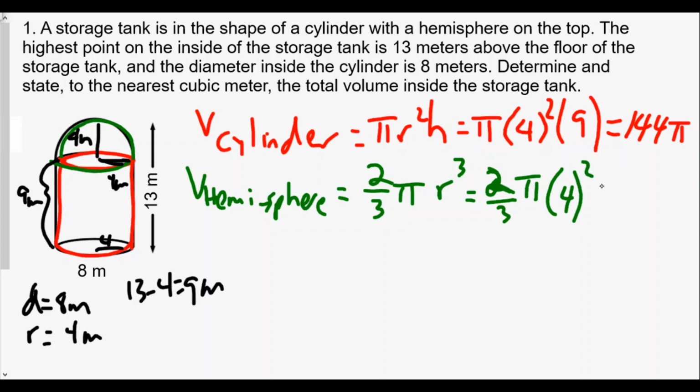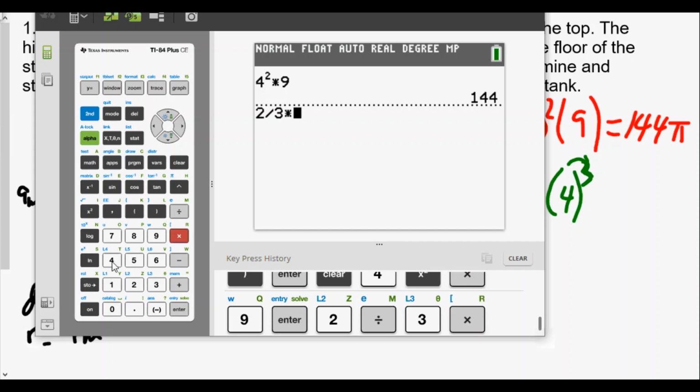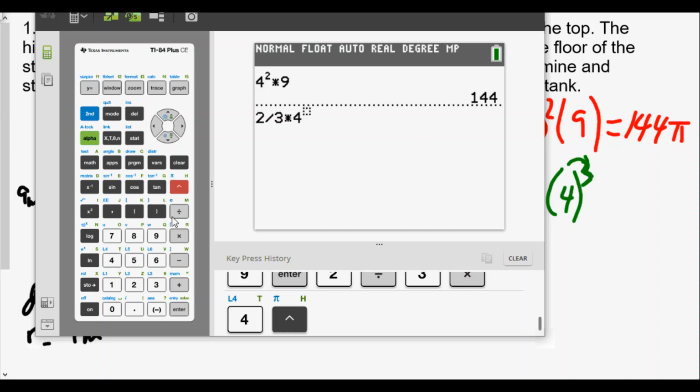And the height is still going to be, well, in this case, the height of the hemisphere, 4 cubed. So 4 raised to the third power. So what we'll do is we'll do 2/3 times 4 to the third, and we'll get it as a fraction. All right, so 2/3 times 4 raised to the third power. And so as an answer, we get